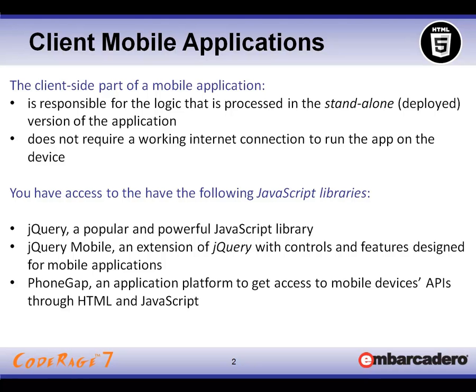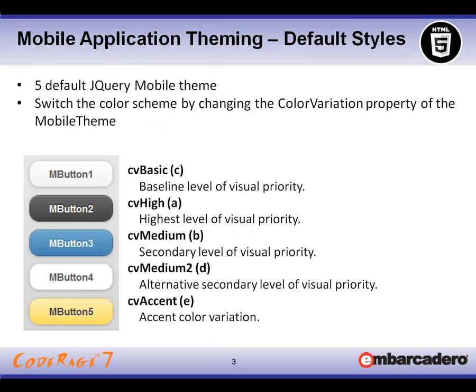Now, besides client-side and also server-side mobile application development, which we'll be showing you today in some technical demos as well, we'll also be talking about mobile application theming. Now, in HTML5 Builder, you get access to 5 default jQuery mobile themes, and you can easily change the color variations of the mobile theme component. So in HTML5 Builder, in order to change the look and feel of your mobile application, you'd place several controls onto a form, and then you associate those controls with a mobile theme component. If you want to change the overall look of those components, you just switch the theme setting on the mobile